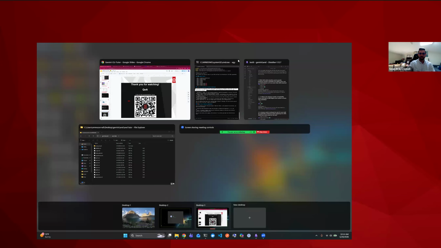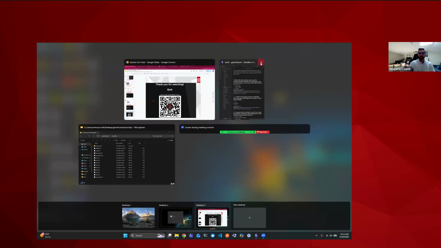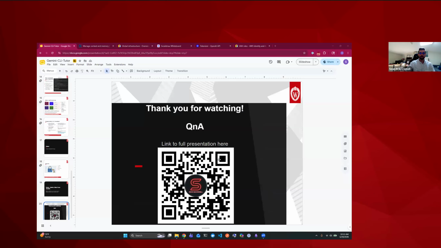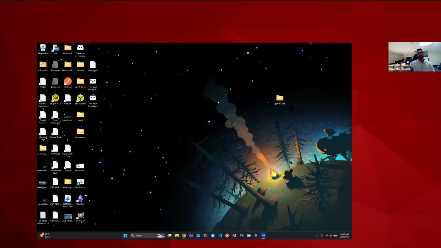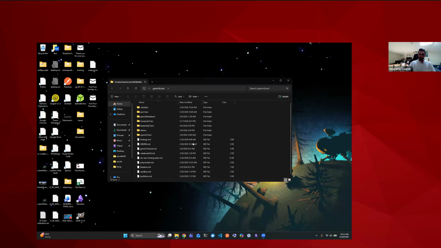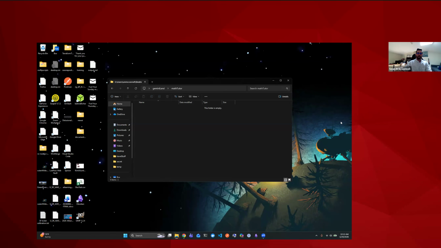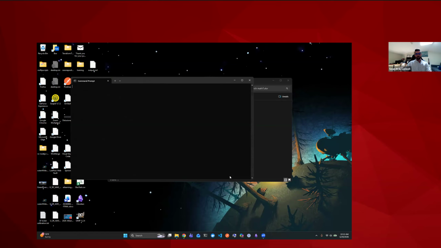Okay, so let's close Obsidian, minimize everything, and I'm going to start from scratch and show how we would build a basic mathematics tutor. So this is on my file system. I'm just going to add a new folder here. We're going to call it math tutor, and it's an empty folder. So right click, open in terminal,